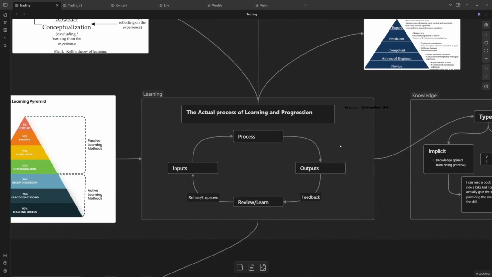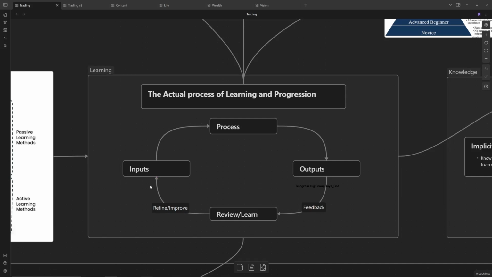In the learning process, the progression starts off like any other skill. You have the input. I might shoot a hoop, I might take a trade, it gets processed, and my shot goes in, I win a trade, or it misses and I lose a trade. That's feedback. In basketball, that's immediate feedback, but the critical difference between trading and any other skill is that your input and output are disconnected, because it's a game of probabilities.